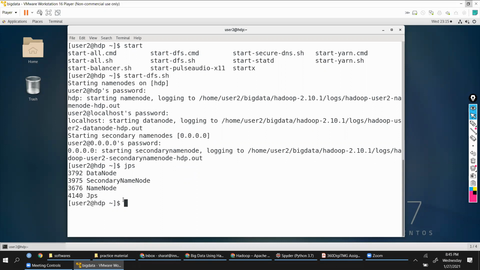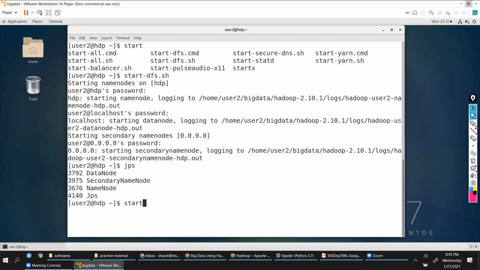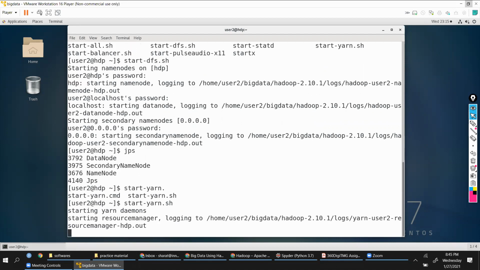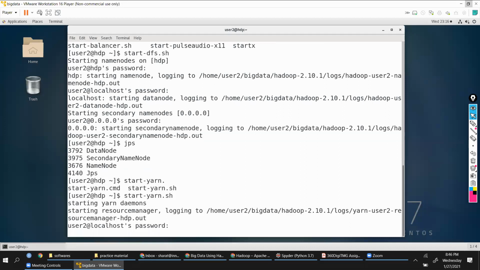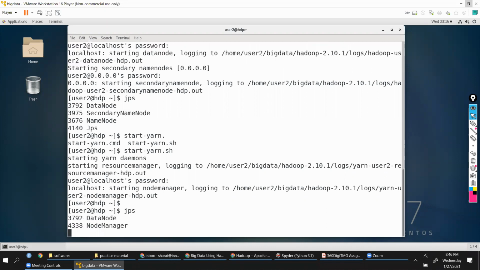Once the services are started, you should see these three services being started. Now to start yarn services, we say start-yarn.sh. Let me just give the password here first. Make sure we are giving the right password. Okay, let me finish this. So it is asking for the password for resource manager and node manager. It started off. And if you look at this, jps